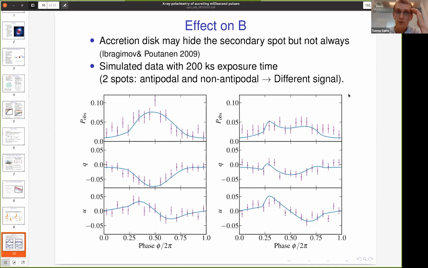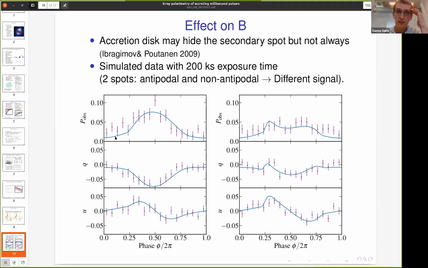If we would have 2 spots, and if the other one is not hiding behind the accretion disk, which might sometimes be the case, but if both spots are visible, then we can separate the 2 cases using polarimetry. So whether or not these 2 spots are antipodal or non-antipodal,